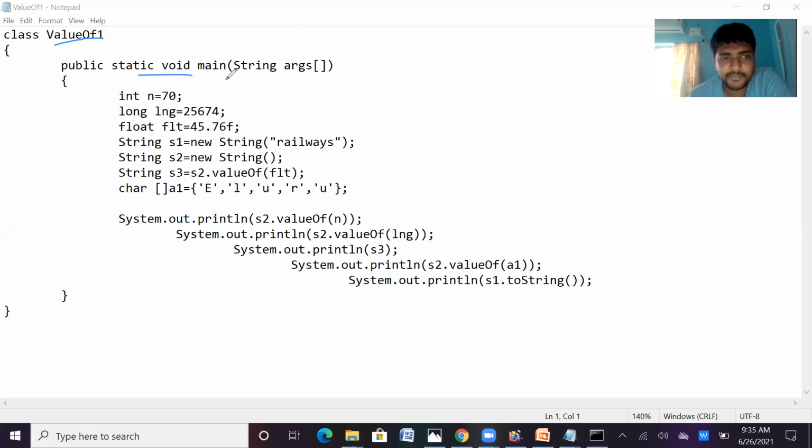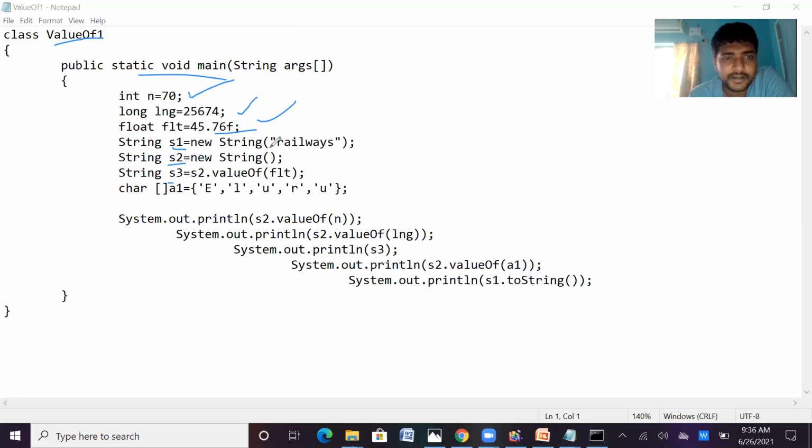This is the main class, this is the main method. Here I am declaring some variables: integer n equal to 70, long equal to 25674, and float equal to 45.76. Then I am declaring three strings, S1, S2, S3.